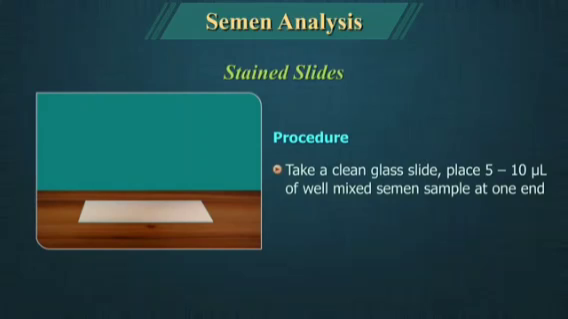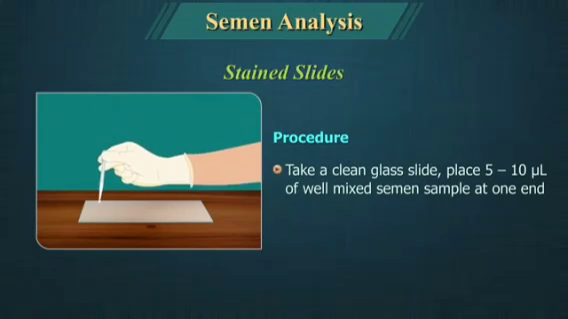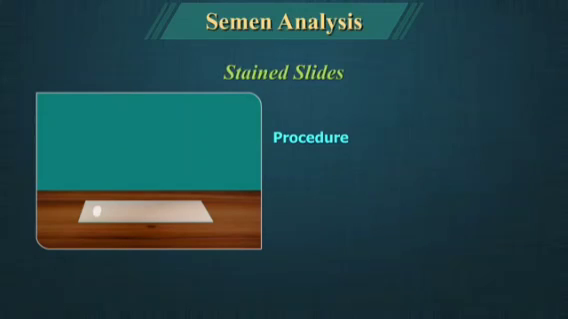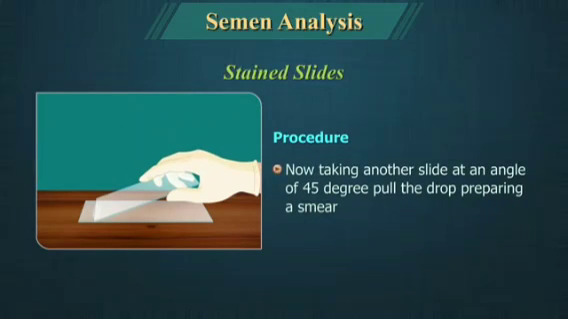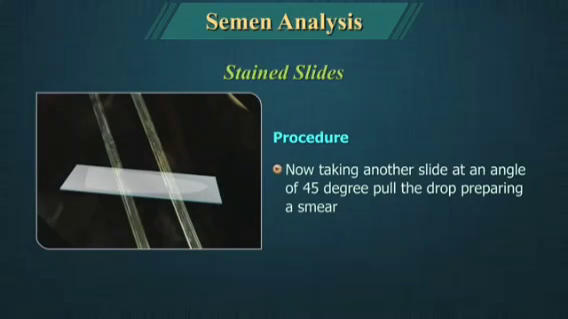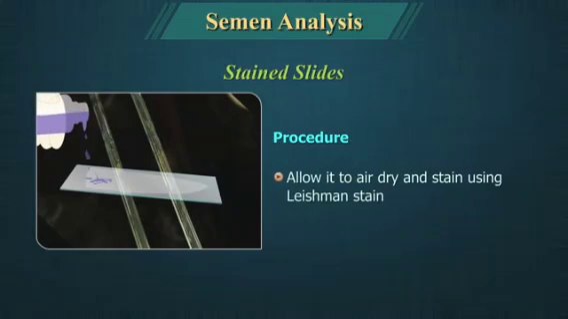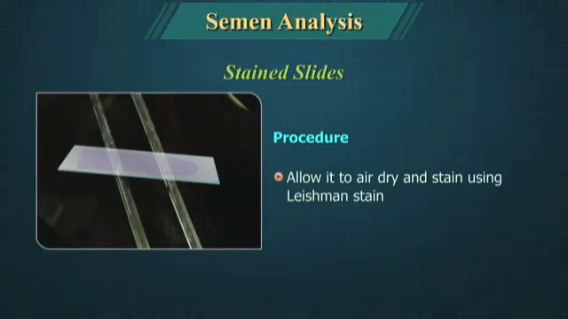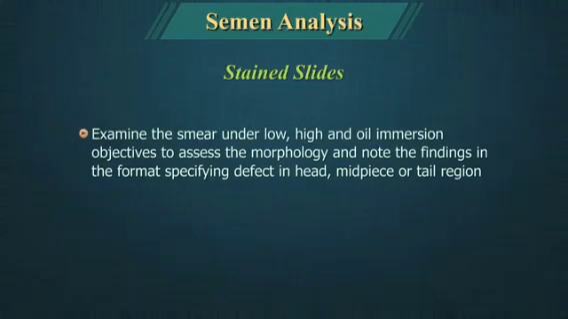Take a clean glass slide, place 5 to 10 microliters of well-mixed semen sample. Now taking another slide at an angle of 45 degrees, pull the drop of semen, preparing a smear. Allow it to air dry and stain using Leishman stain. Examine the smear under low power, high power and oil immersion objectives to assess the morphology and note the findings